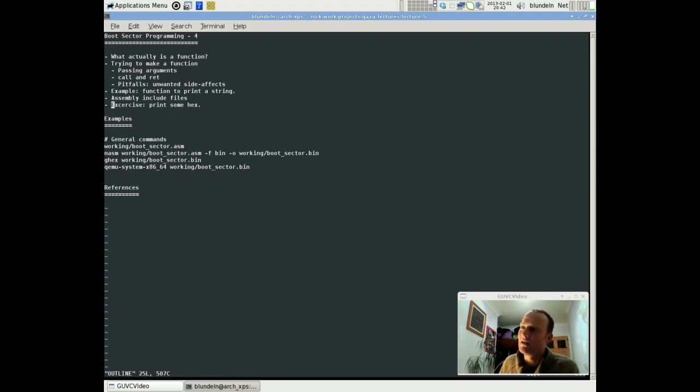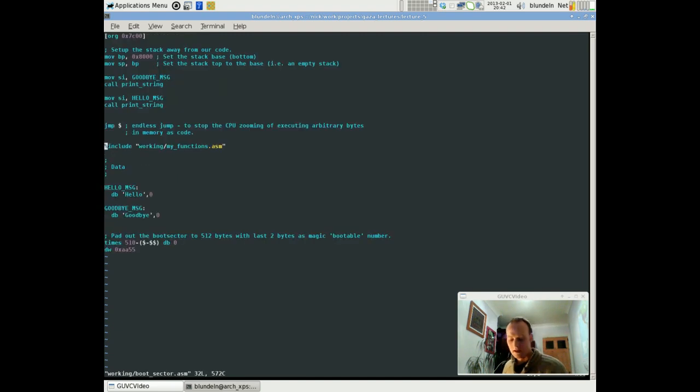But some hints really for that. If you're writing a function that prints hex, it would be good to reuse your print string function. For example,